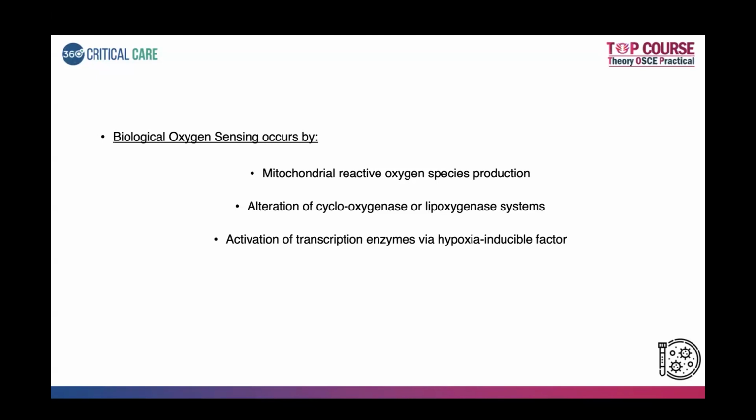That will also be associated with alteration of the cyclooxygenase and lipoxygenase systems. And eventually, because of poor oxygen delivery to the alveoli, it will cause activation of the transcription enzymes via the hypoxia inducible factor. So these three are the most important factors that contribute to the biological oxygen sensing, which then triggers the PASMC